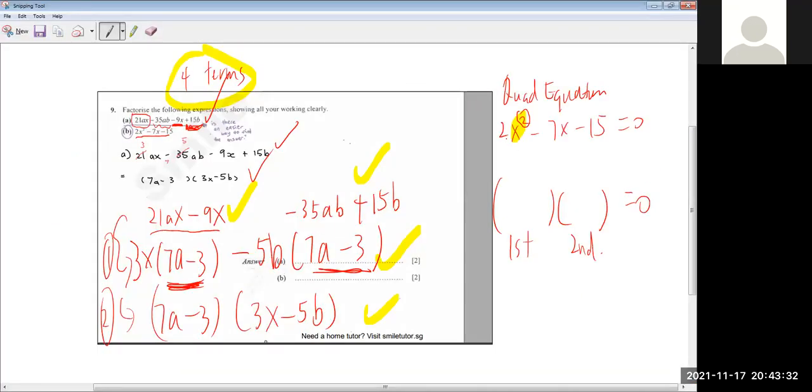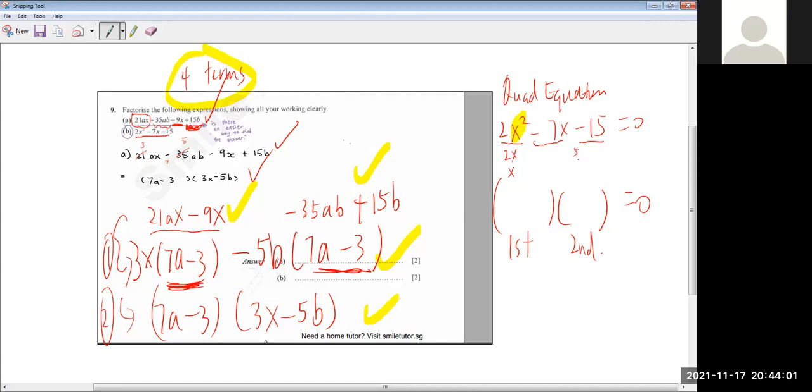So how do you get it into factorized form? Then you ask yourself, how do you get 2x squared? You get 2x squared by doing 2x times x. Then you ask yourself, how do you get minus 15? There are many combinations, like I say, but there is only one combination that you will get minus 7x. So basically you can test for